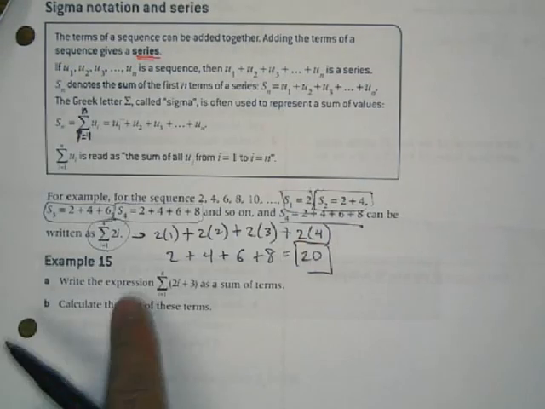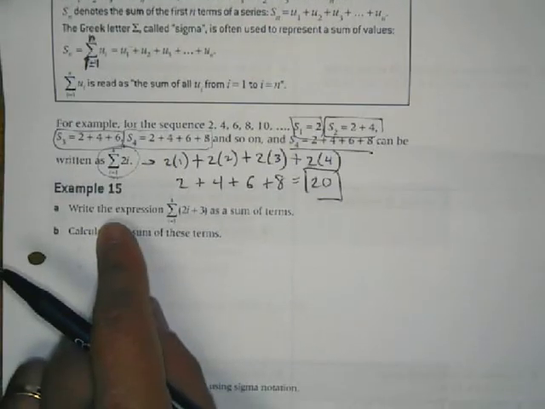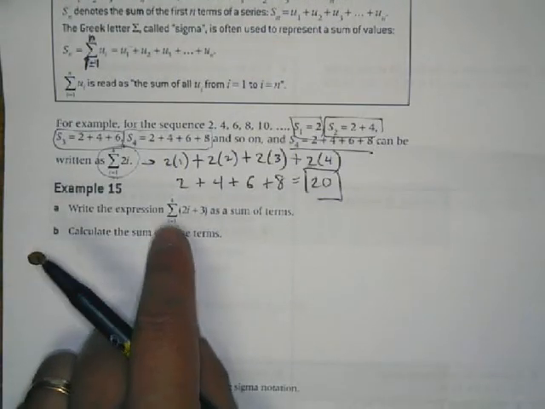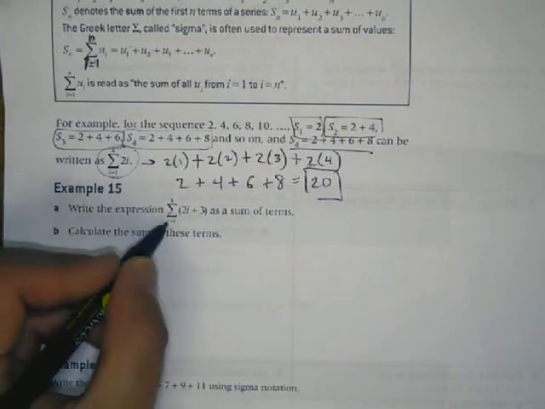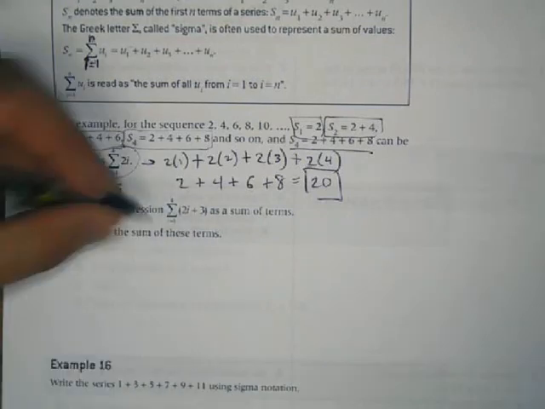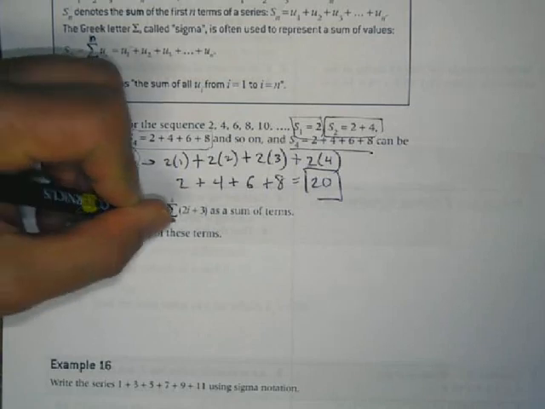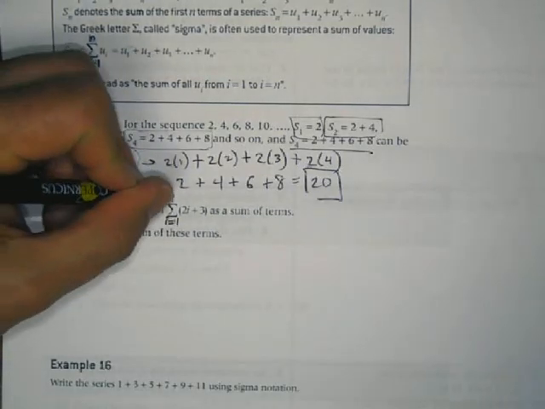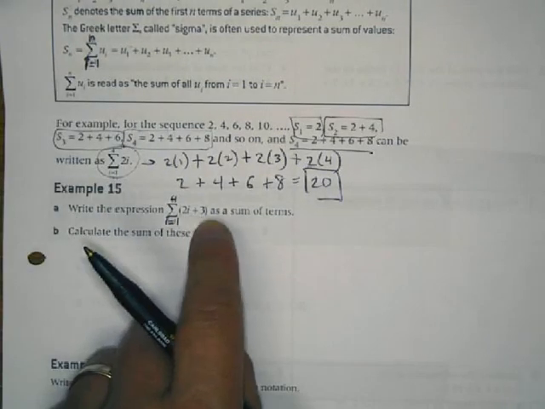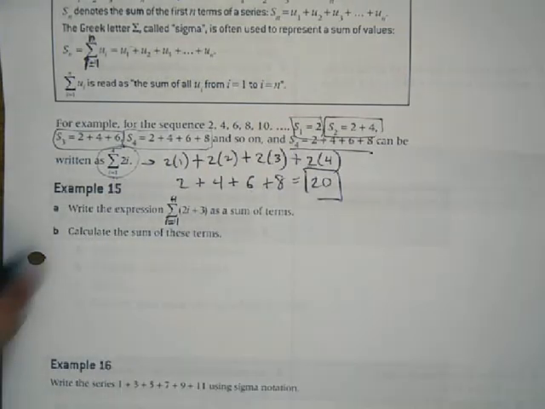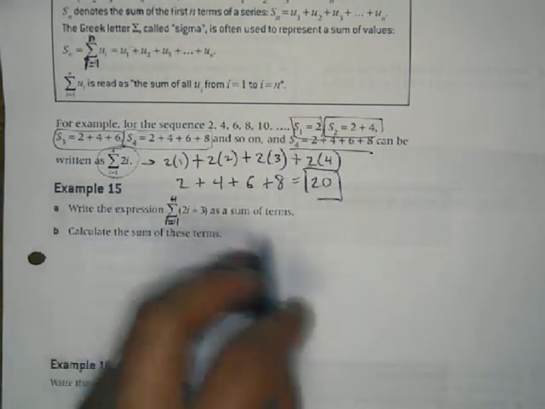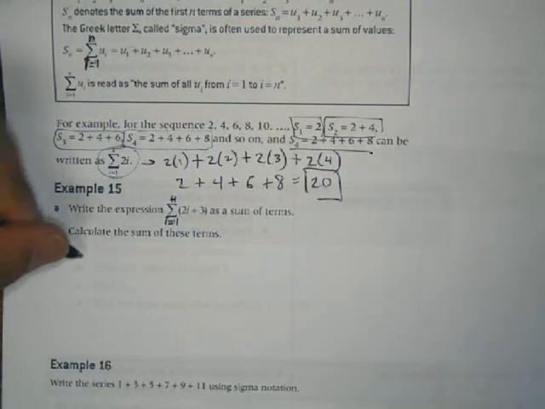Okay. Let's look at this first example together. Write the expression, we've got the sum from I equals 1 up to 4 of 2I plus 3 as a sum. So we're going to write as a sum of terms. So when